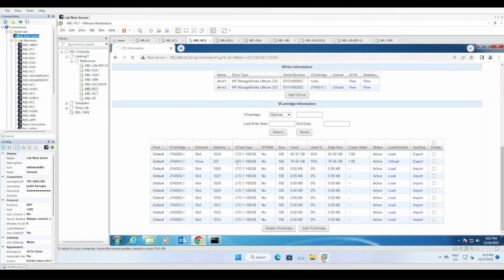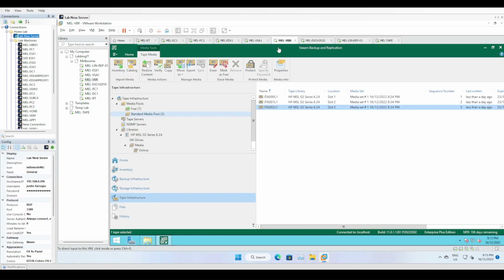It's definitely used 2 tapes, and a little bit of a third tape. So that gives us a little bit of an idea that we're definitely going to need probably a few more tapes to round out 7 days worth of backups. Because I think essentially what's going to happen is